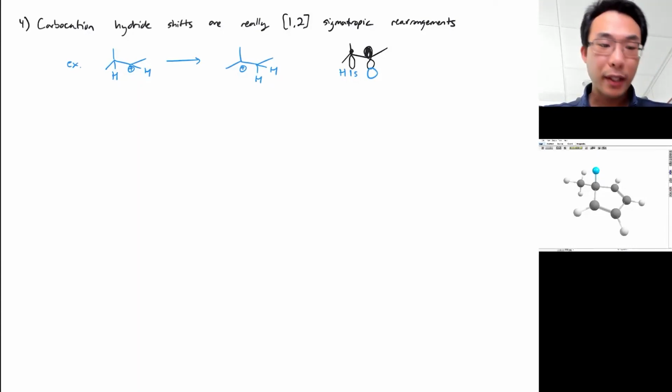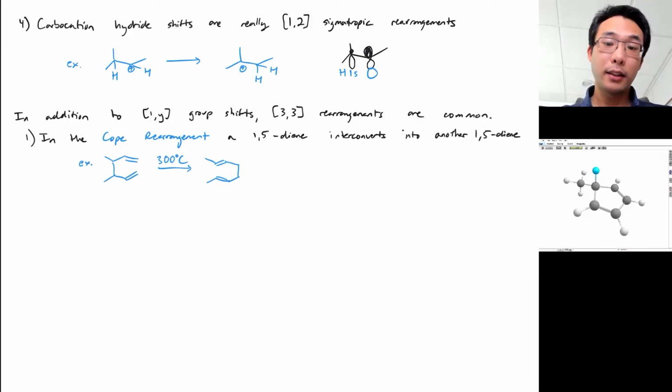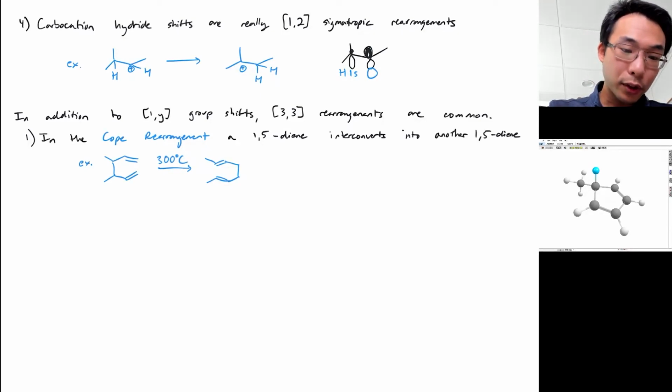I had mentioned at the very beginning of this video that there are 3,3 rearrangements, and that these are something we'll look more into. Turns out these are very common. Part of the reason is because these go through 6-membered ring transition states that look aromatic, and anything dealing with 6-membered rings and things that look aromatic are just very favorable type of processes. We're going to look at 3 different 3,3 rearrangements, and they all have a name attached to them. So the first one is the Cope rearrangement, and